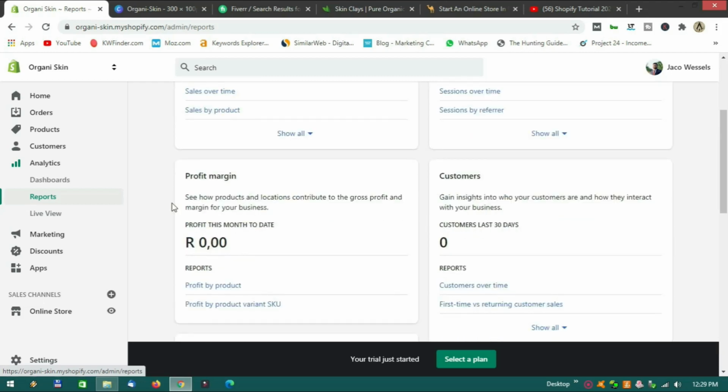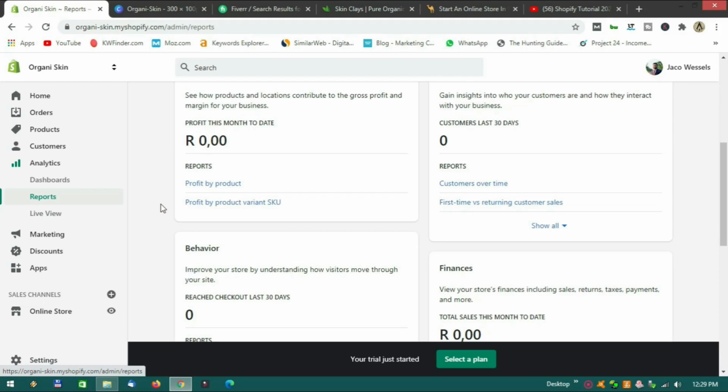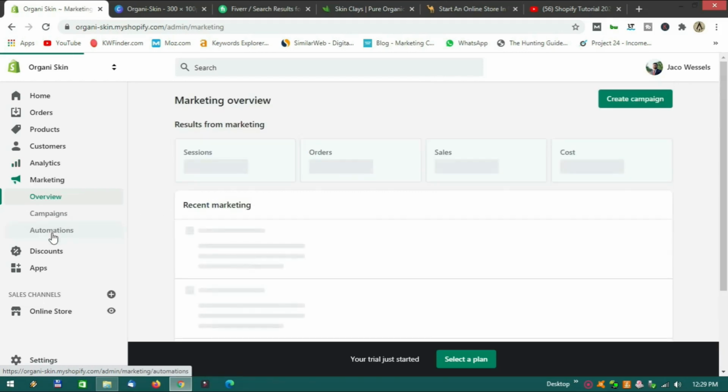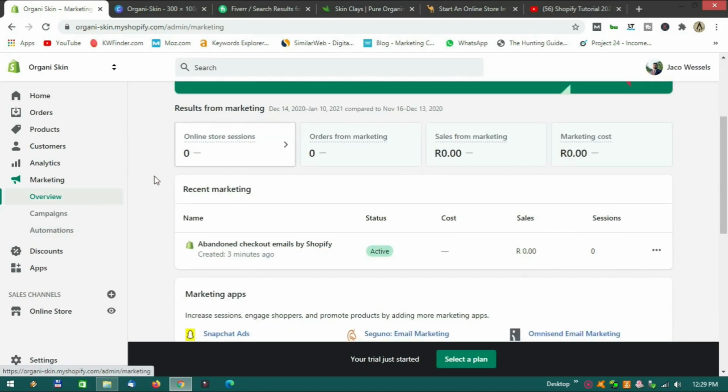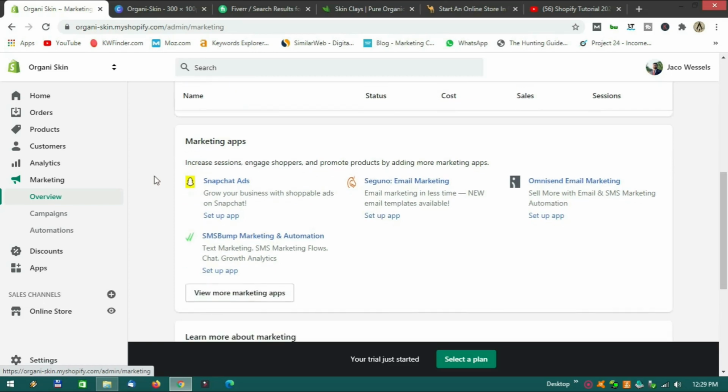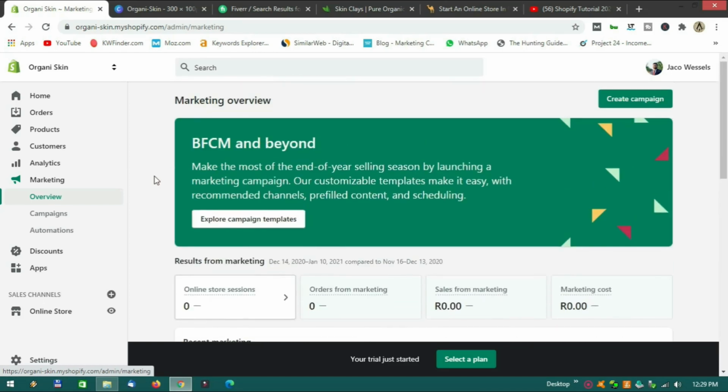Your customers, your profit margins, all that stuff you can add here. We'll touch a little bit on the reports a bit later. We have marketing here on the left. Marketing you can obviously use if you are doing Facebook marketing, email marketing, all that kind of stuff. A very important aspect of your store. To have a very profitable store, you should definitely look into the marketing